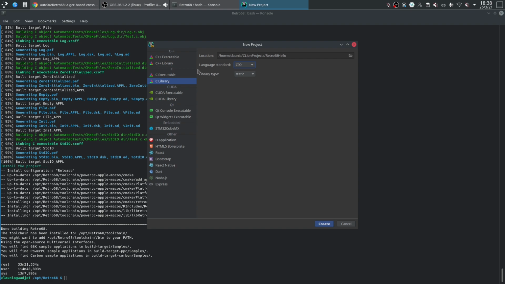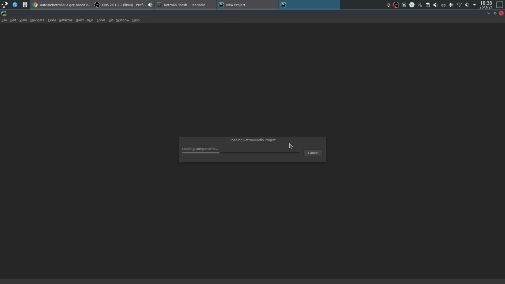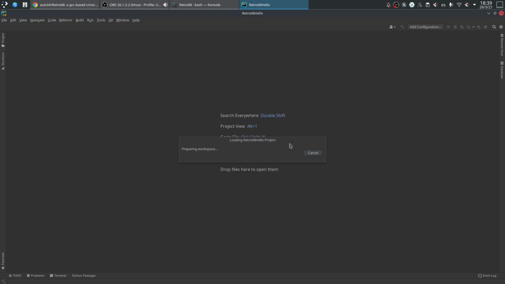But you can use C99 or you can use C++ and use even C++20 because it's a modern version of GCC. I'm just going to use C99 and call it Retro68 Hello. I already had a project with this name, it's just a hello world, so no problem.